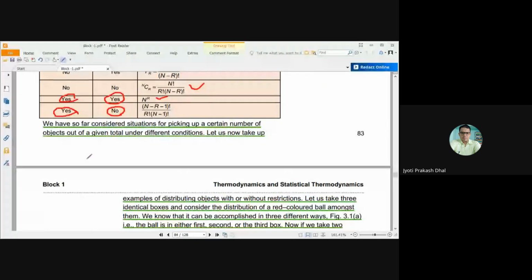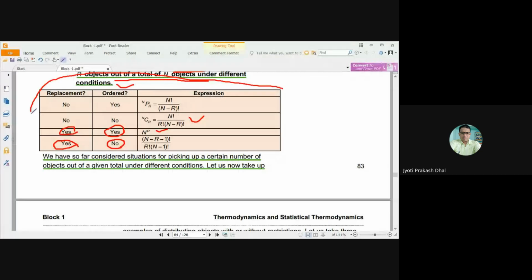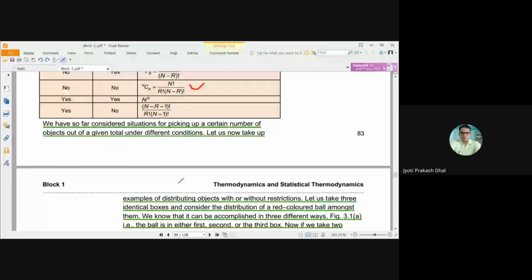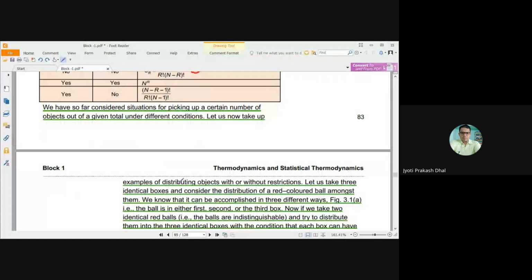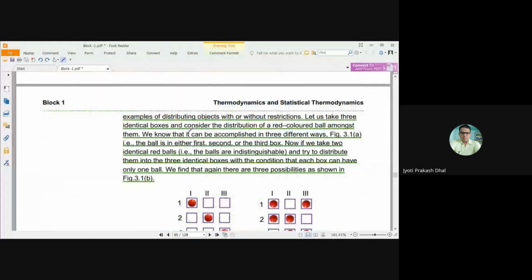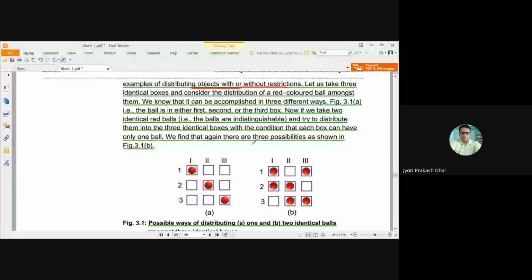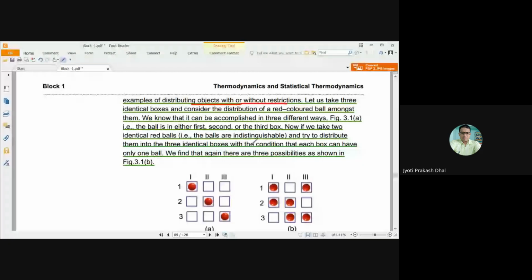So these are the summary of what we have discussed in the probability theory. We have so far considered the situation of picking a certain number of objects, given a total number, picking the objects with or without restriction. So now we'll move to the second probability part: distributing objects with restriction